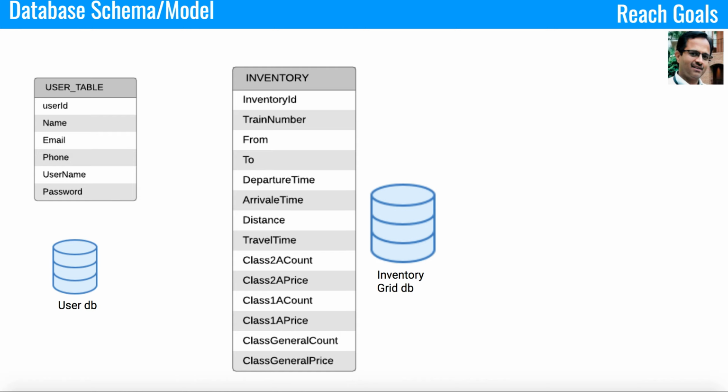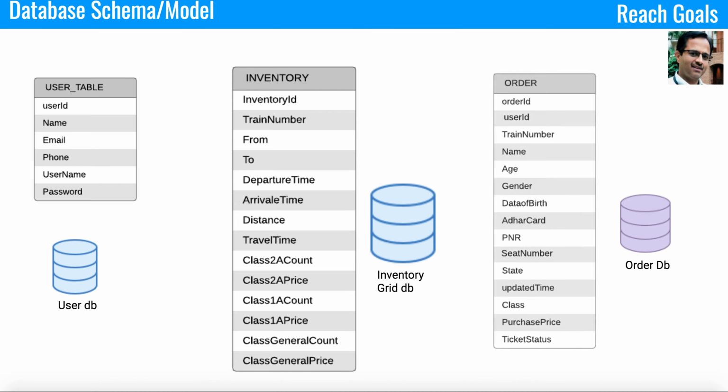Let's also talk in the future slides how this inventory is populated, right? So the third important schema is order DB. Order DB is a table which has all the information related to your bookings. Let's say you go and book a ticket, your information related to the booking is stored in the order DB, right? So if you look into that, you'll have information like order ID, user ID, train number, name, age, gender,